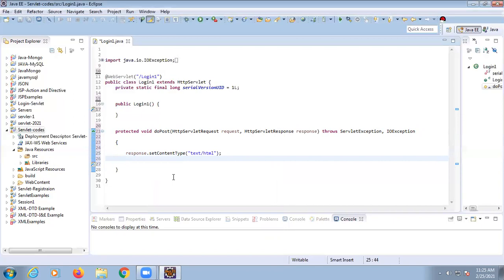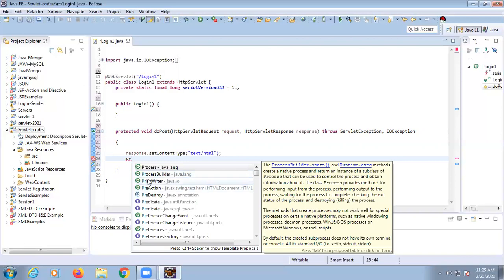Then the second line we have to use is to create an object for printing your output. For that we have to use a class called PrintWriter. Click on PR. Now no need to type everything in your Eclipse. After that just press the Ctrl button with the space bar at a time.